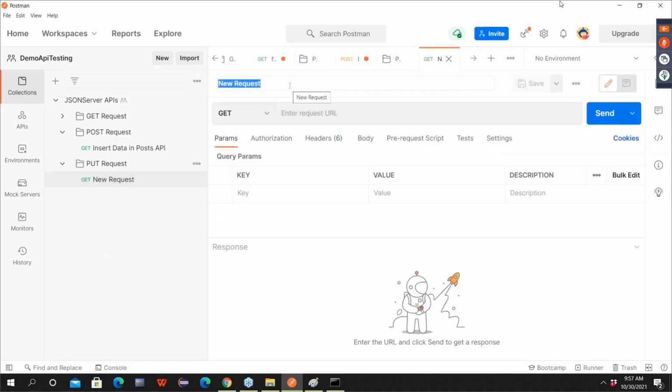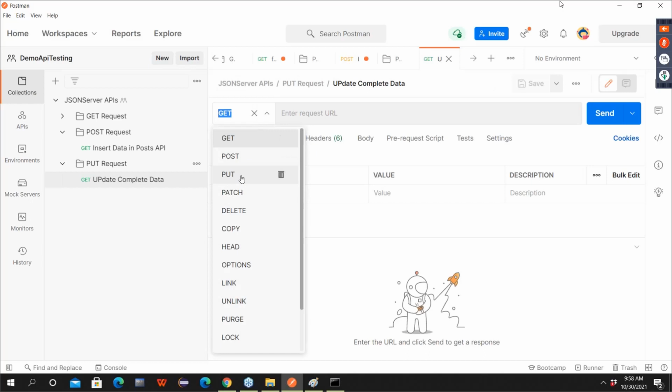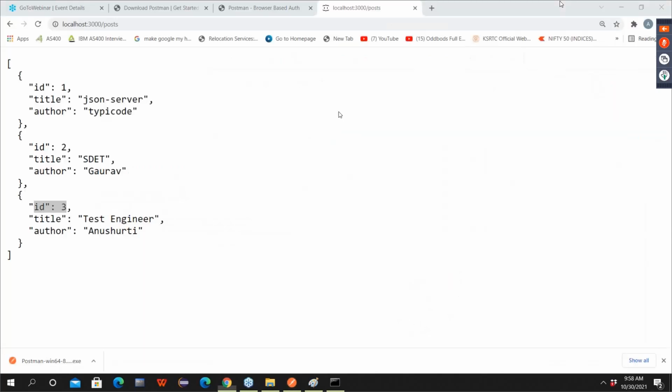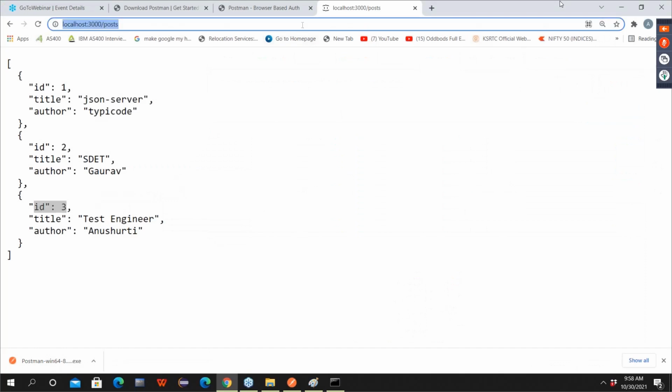Here we will say update complete data. Update what? Complete data. Select HTTP method as PUT. Provide URI. So my URI is this, API is this.